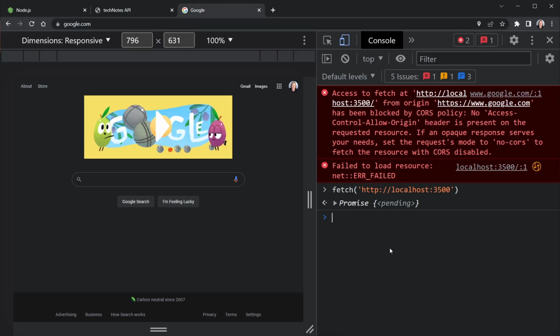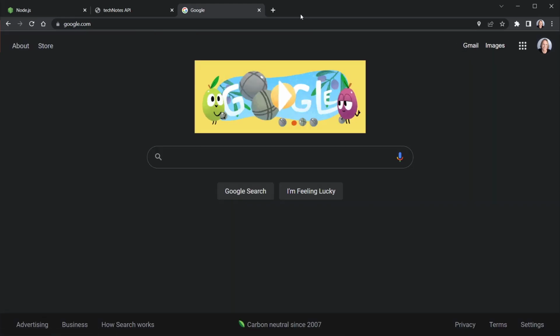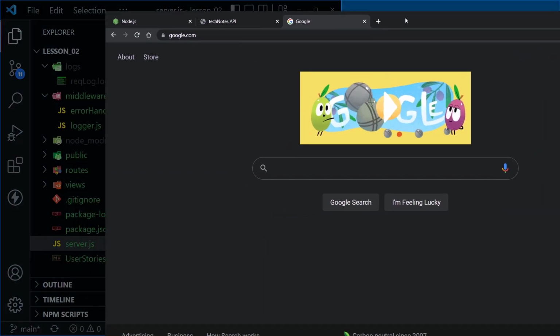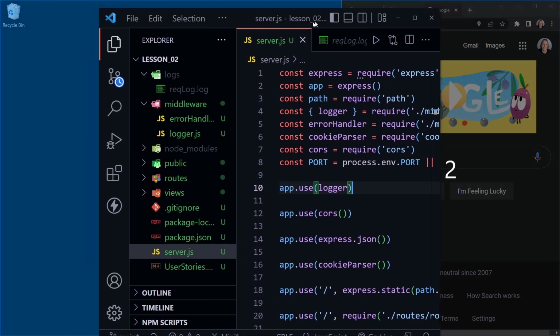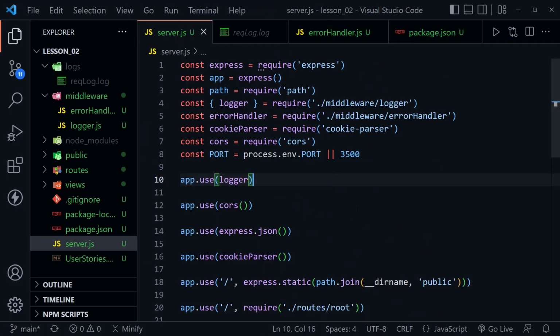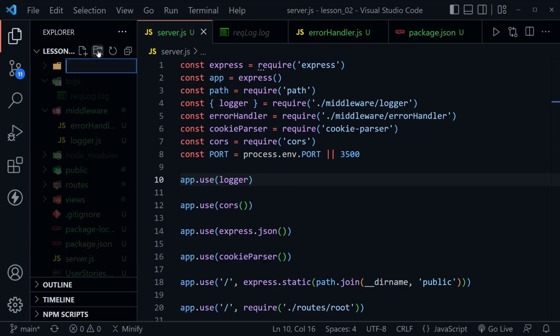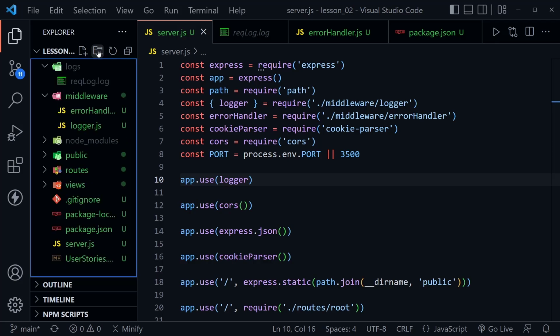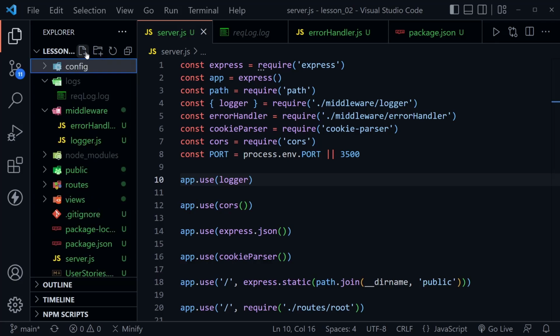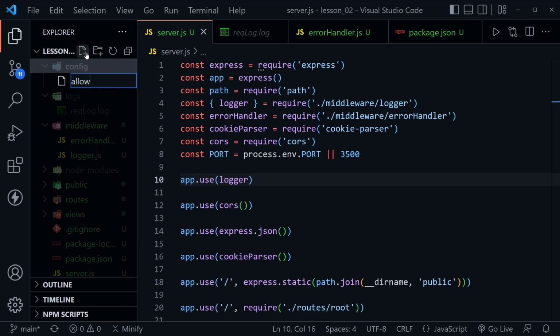Now what we want to do now is secure it, so we only allow the origins that we want to access our API. And we can do that with CORS options. So I'm going to close the DevTools, drag this back to the right, Visual Studio Code full screen, and we need to create some CORS options. We're going to do that by creating first a directory over here called config. And inside of config, we're going to create two files. The first one is allowed